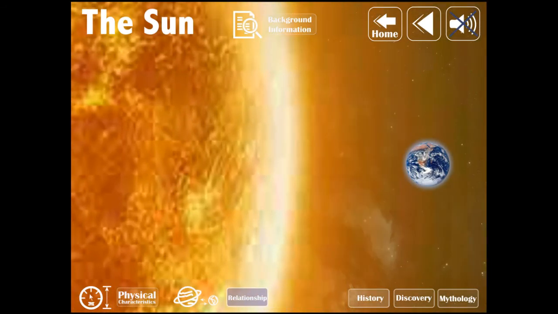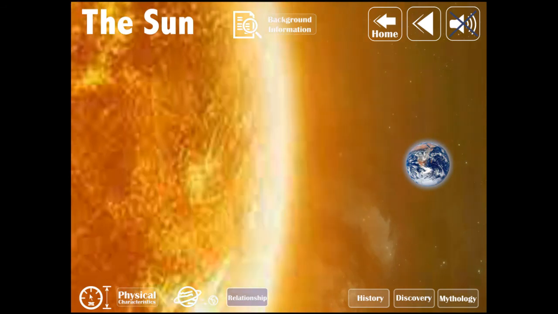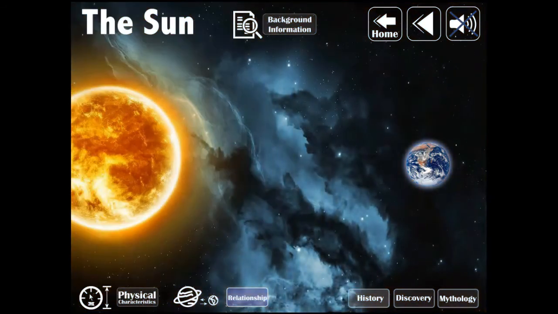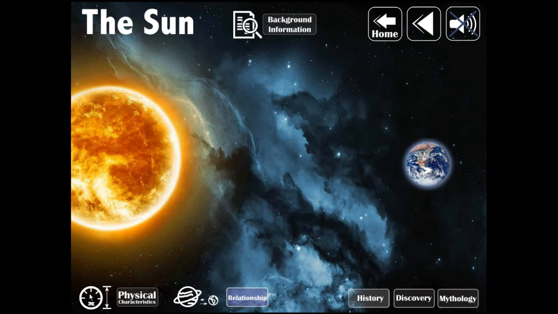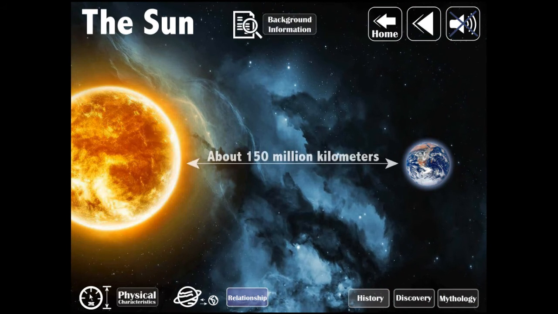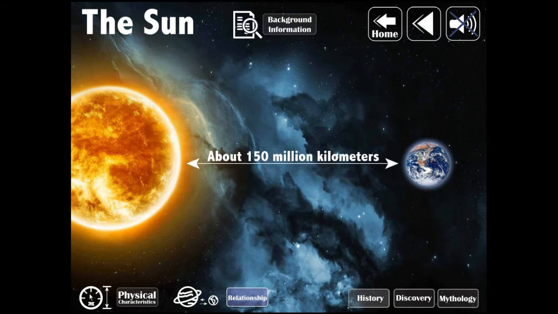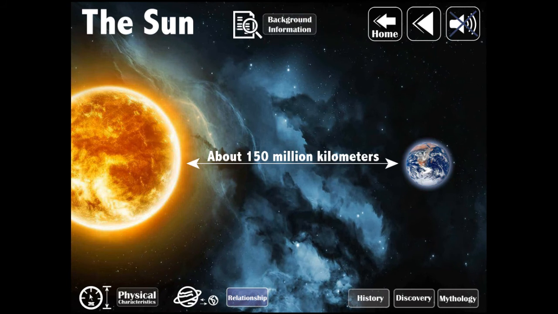If we compare the size of the Earth to the sun, the Earth is approximately 1% of the size of the sun. The distance between the Earth and the sun is